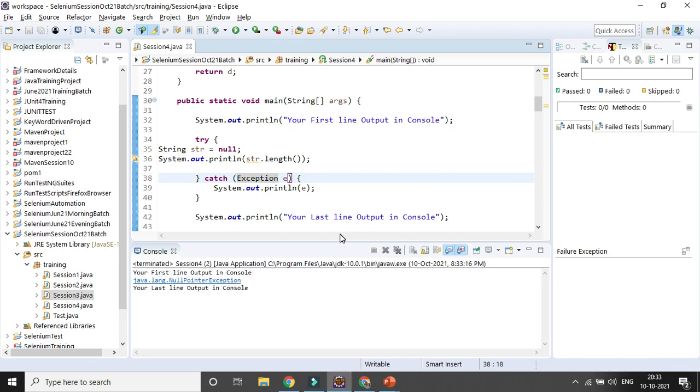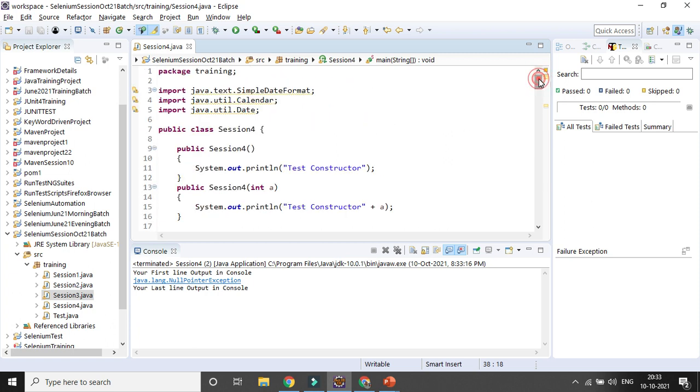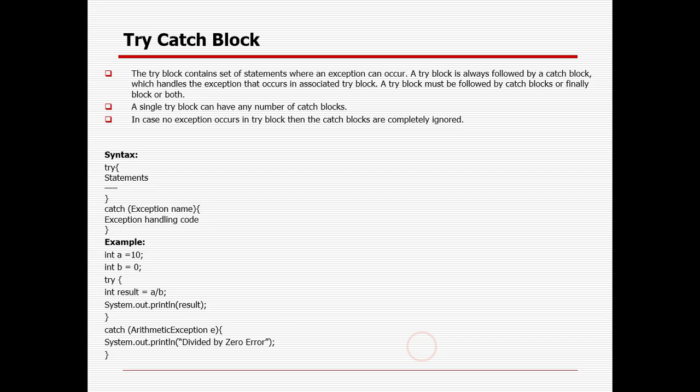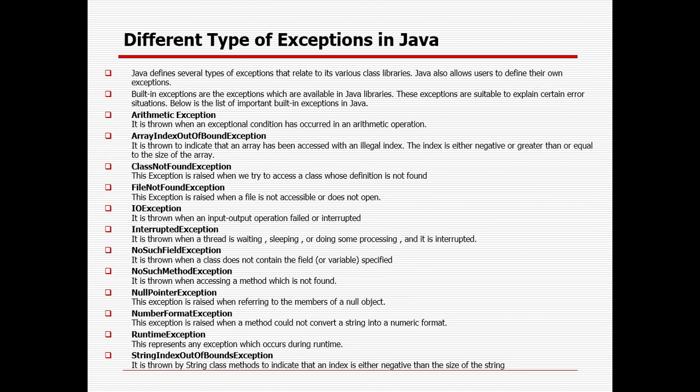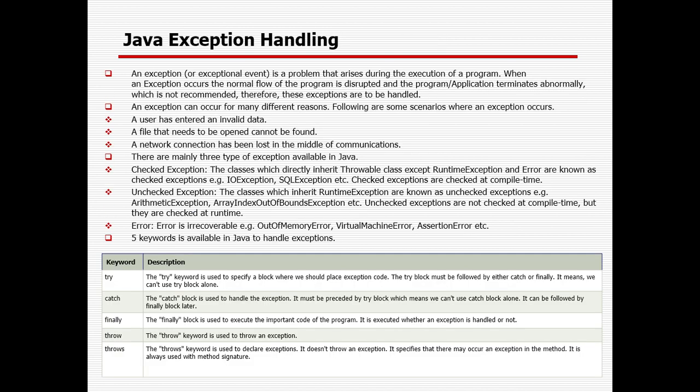But if you do not handle the exceptions, your remaining lines of code will never be executed. That is the reason you need to handle the exception. Exception handling should always be there in Java, and there are three types of exception: checked, unchecked, and error. For an error, you definitely cannot do anything. A checked exception you can sometimes get to know during compilation itself, and an unchecked one you only get to know while running. You can handle exceptions with try, catch, finally, throw and throws. I'll be covering a few of them in the upcoming session.